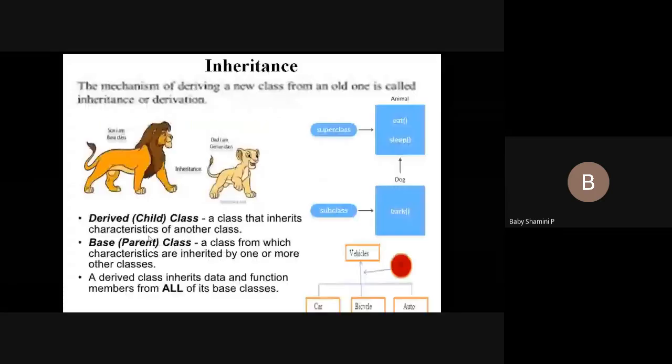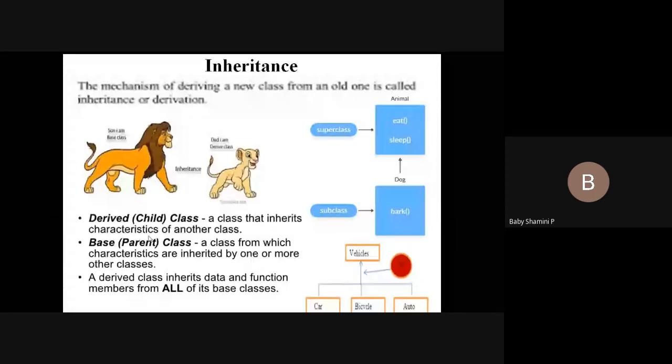Okay. Today I am going to explain the concepts inheritance and polymorphism. So in OOPS concepts, we have different categories: class, objects, inheritance, polymorphism, abstraction, etc. In the last class, sir explained about classes and objects. Today I am going to explain inheritance and polymorphism. So what is inheritance? Deriving a new class from an existing class is called inheritance.